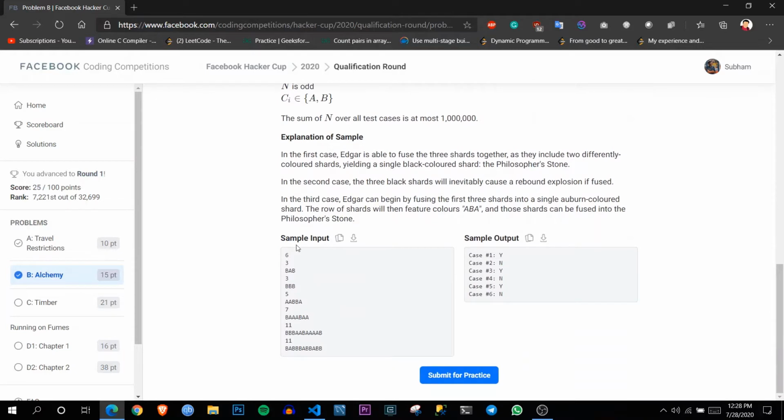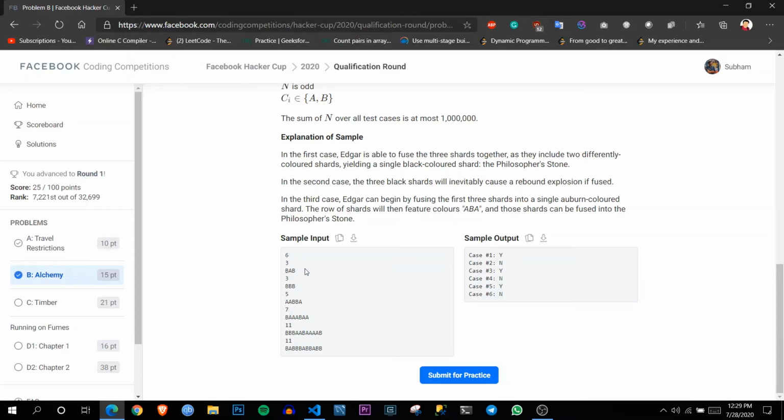What this basically means is, we have to choose three consecutive characters, remove them, and fuse them into one character. Which character will it be? Let's say these three are removed and fused into one character. That character will be the most common character in the string, like b appearing twice, so after combining them, only b will be there. At each step we are taking three elements and combining them into one, so at each step we are decrementing the length by two elements. That's clear, I guess.